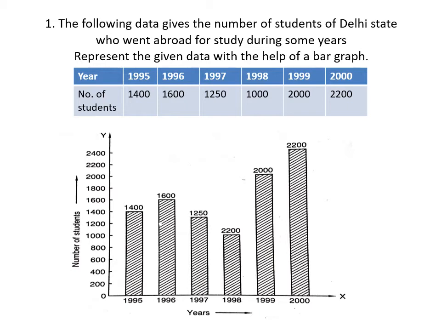Now here is the bar graph. If you observe it carefully, there is the horizontal line, that is the x-axis, and the vertical line, that is the y-axis. The point where they meet each other is denoted by 0. Now if you see the gap between the bars, it is 1 unit, and the scale is properly taken. Along the x-axis, take the variable, that is years, and along the y-axis take the number of students who went abroad. Here the scale taken is 1 unit equal to 200 students. Now this is how to represent the data on the bar graph.